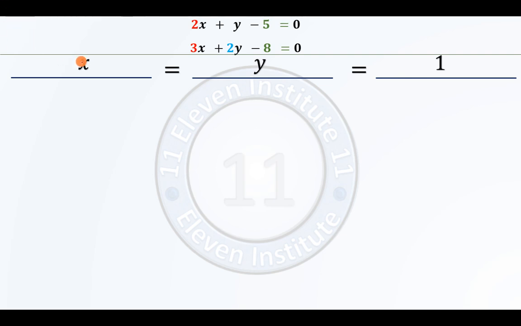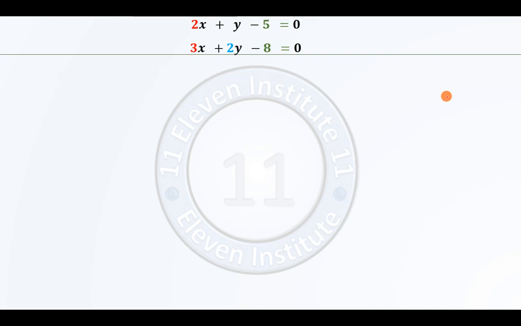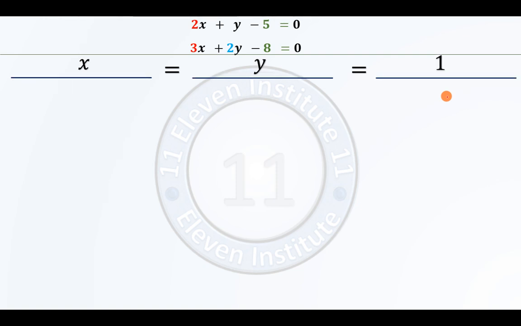Right? So this part has now become your numerator. Now we have to write something in the denominator for all three ratios. I hope this much is clear. I will repeat it once again. First of all, write like this: x, y, and 1. Then draw a line for creating the fraction. And now, my dear friends, the most important step on which the entire cross multiplication is based will be displayed on the screen. Please pay attention.